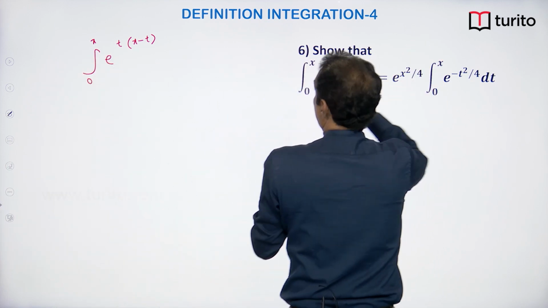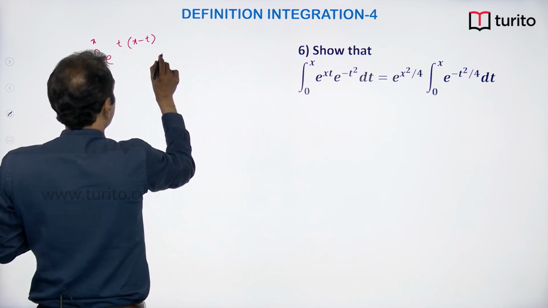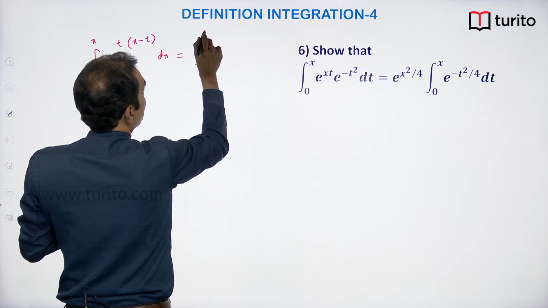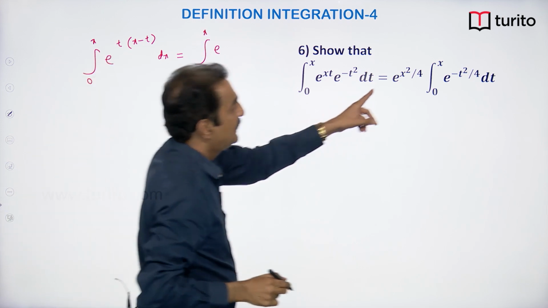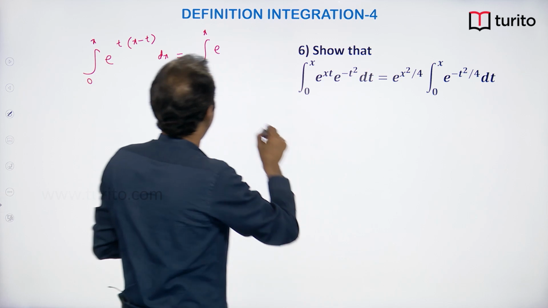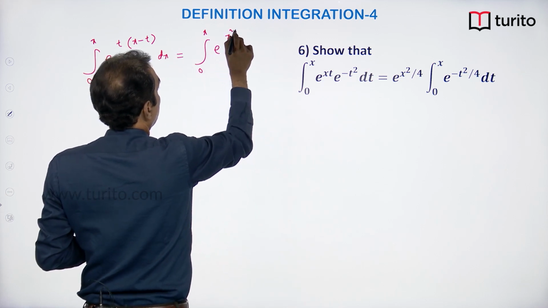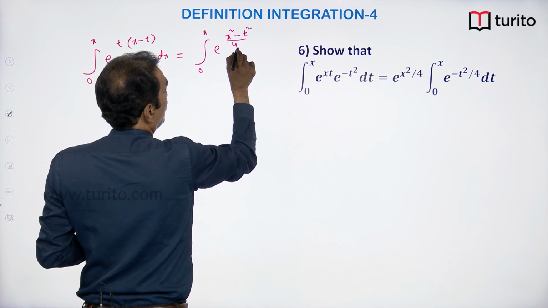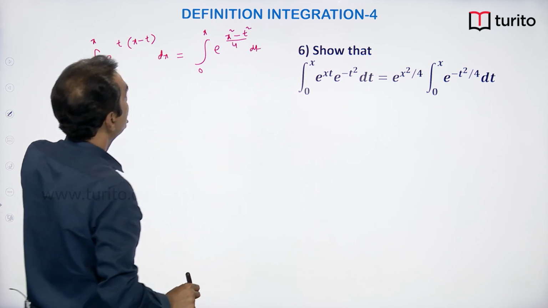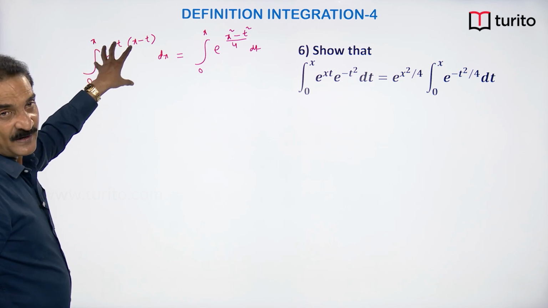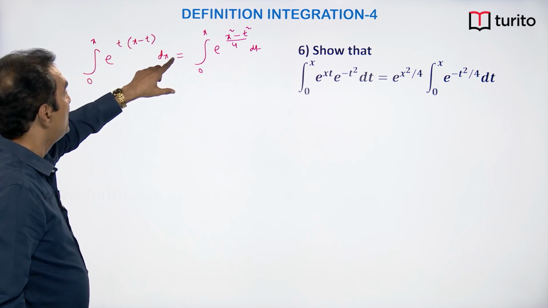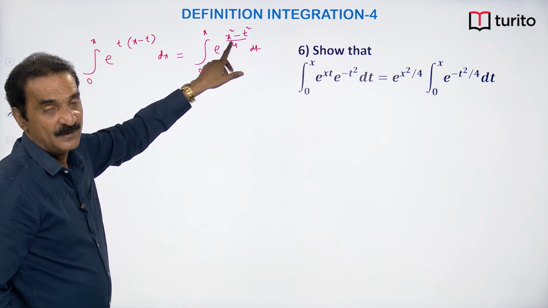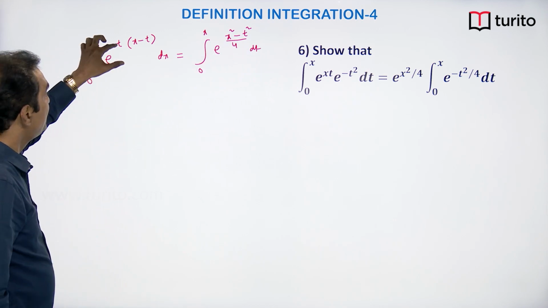This is integral 0 to x e power x square minus t square by 4. Okay. So to modify this integral into this form, this is x plus t by 2 into x minus t by 2, no? So I will put t is equal to